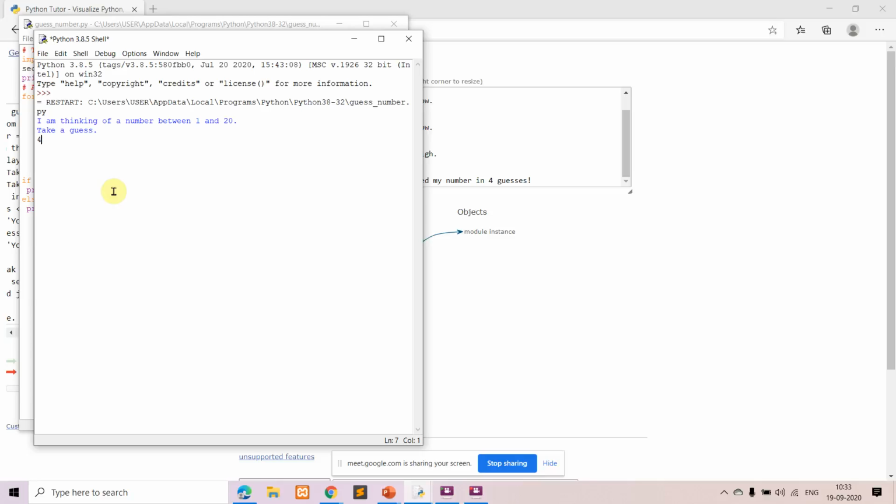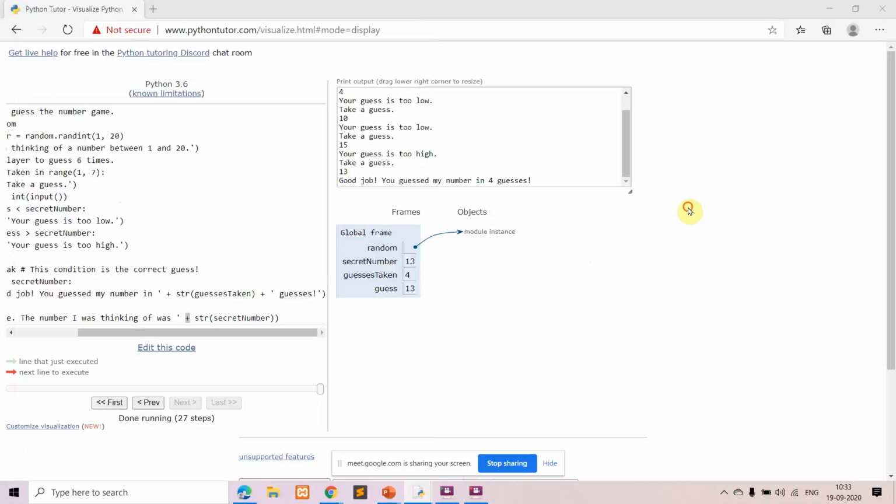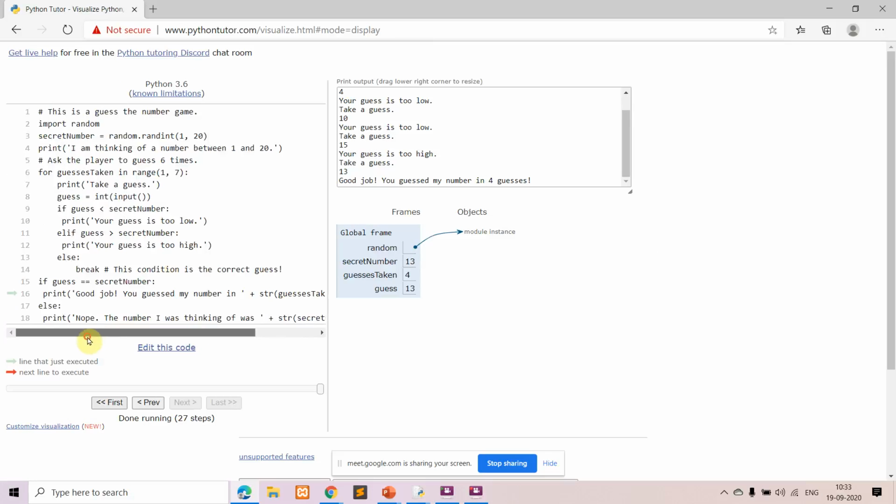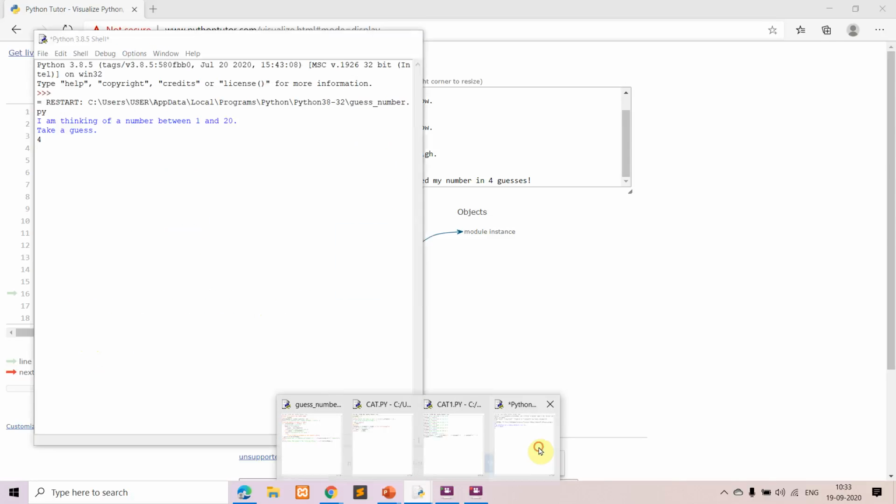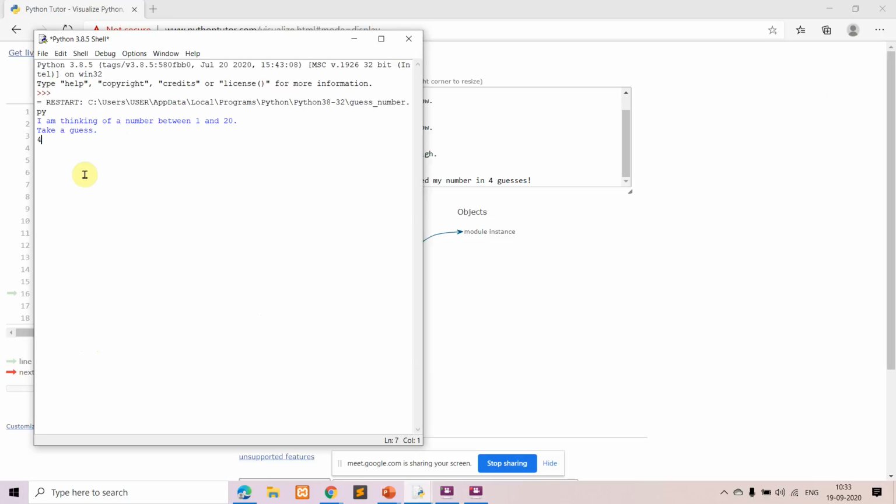But now when you're running it, it is not visible. I showed it earlier just for tracing purposes, so that you would know how the program execution goes.